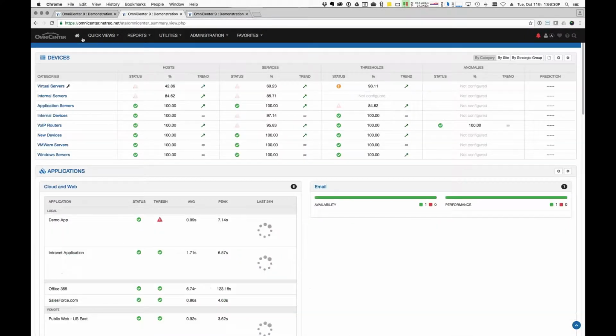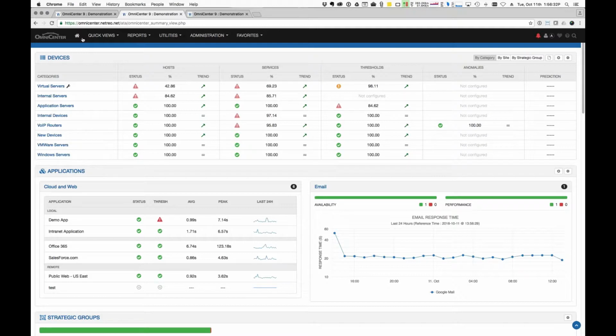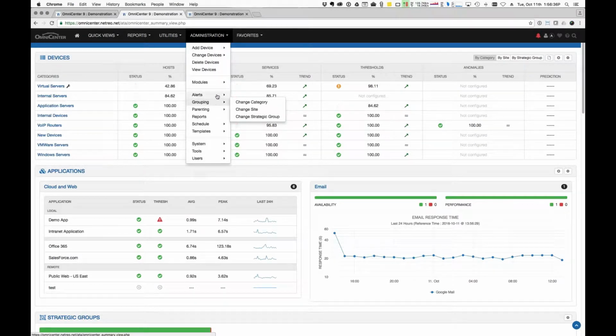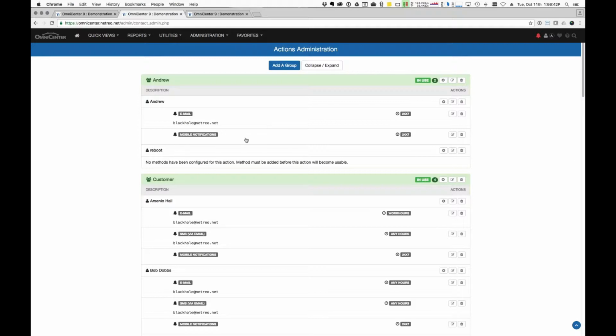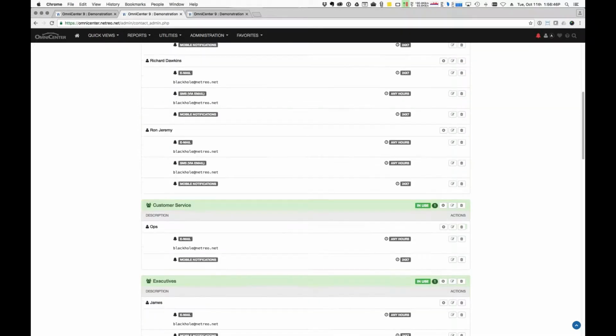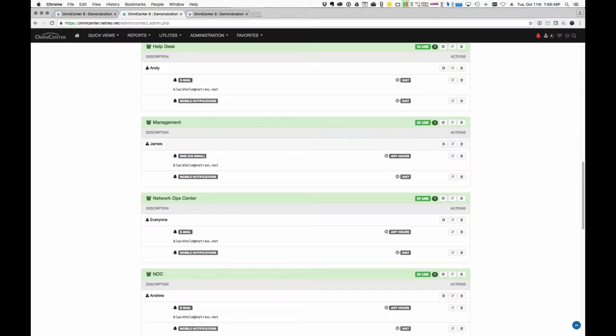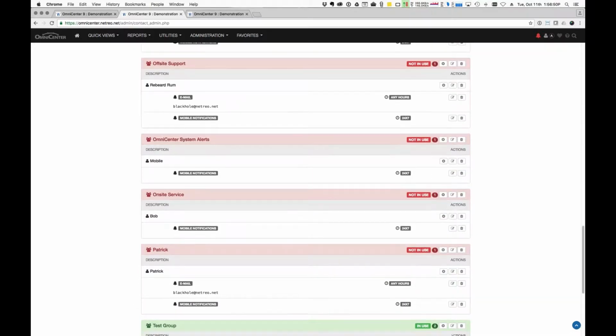Now, one of the things I mentioned that is in 9.1, we've changed the notification actions so that they can also include what we call active response. So the contacts entry has become actions because now they can include things in addition to just sending out notifications. I can also include things like specific actions that I want to take against a specific system when it gets